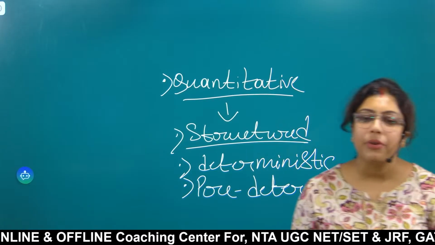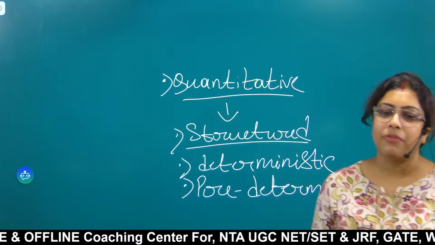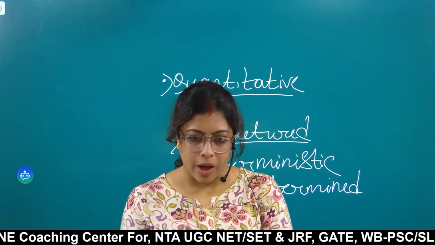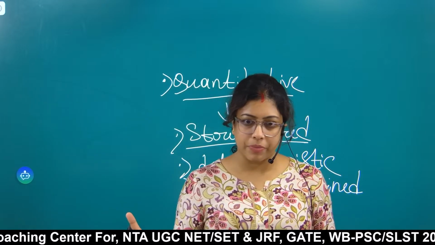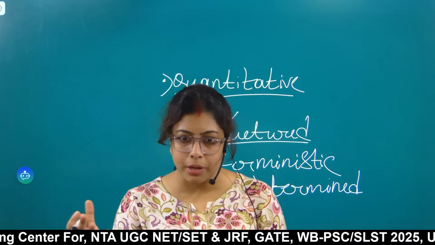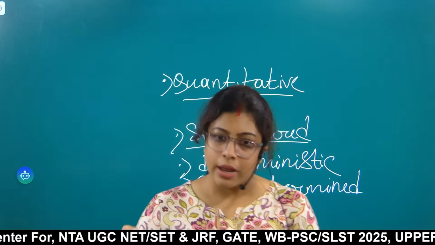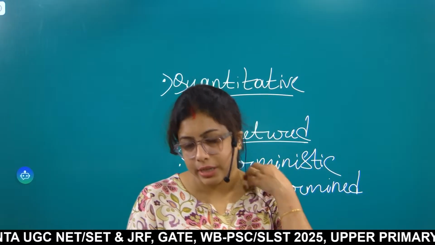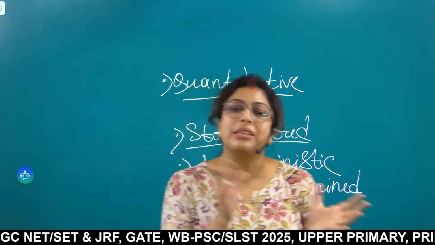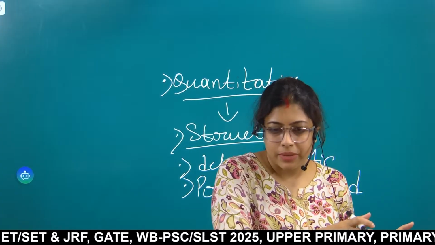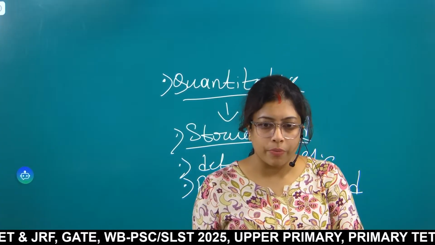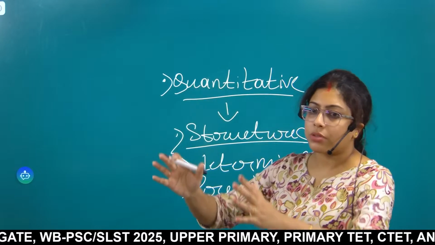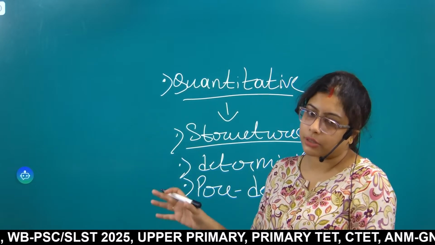So if I give you an example: prevalence of domestic violence in today's society, whether it is prevalent or not, yes or no. I have selected this. It is a kind of survey research. I need to communicate with people, gather information, and then input my own critical insights, isn't it? So prevalence of domestic violence, is it a yes in today's society? Is it a no? This type of research is quantitative research. It is structured. You need to follow certain structures in order to conduct that particular research.